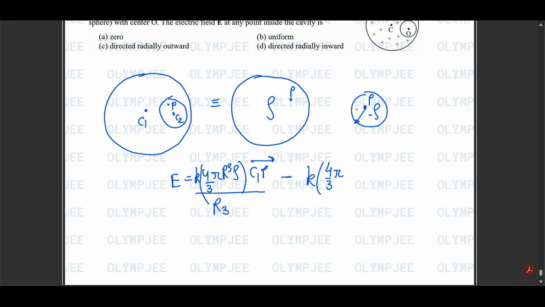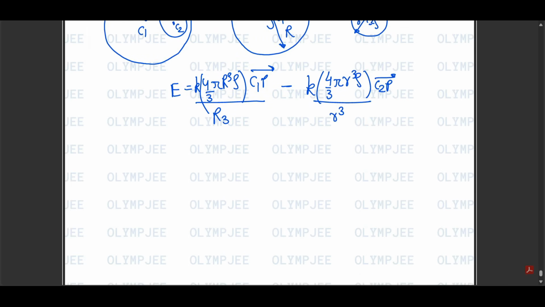I am taking this as small r and this as capital R. So we get that the electric field at P is